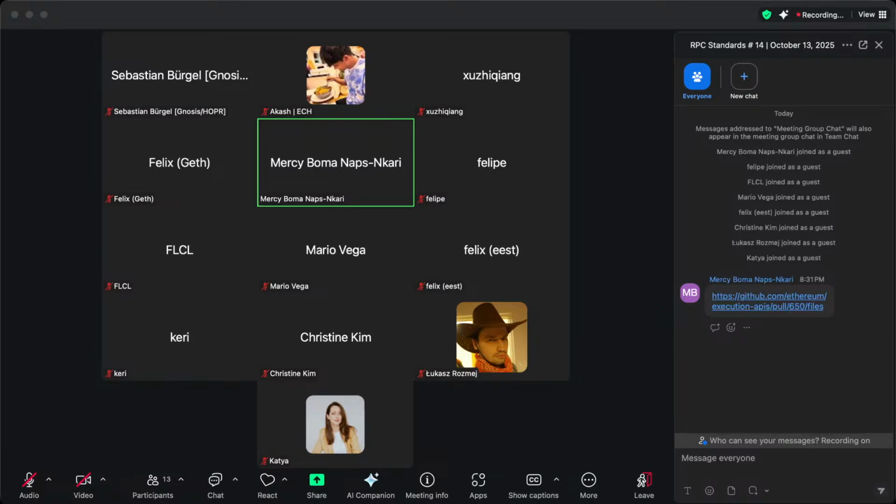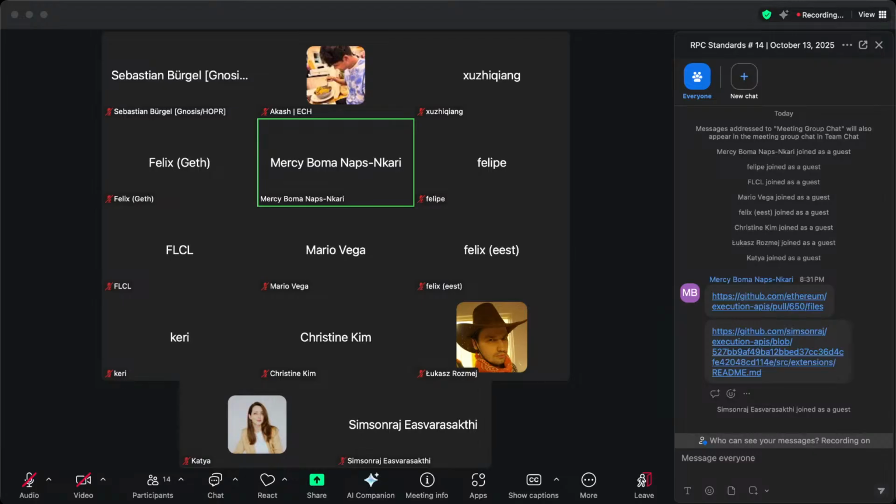In the chat, I shared a link to the PR and the draft for the execution error. Although it's not yet a formal PR, we're still working on it and would really want some input on the best way to go about it, any recommendations or things we need to change in order to get more progress around this. I'm trying to get Sims to join the call because he's the initial